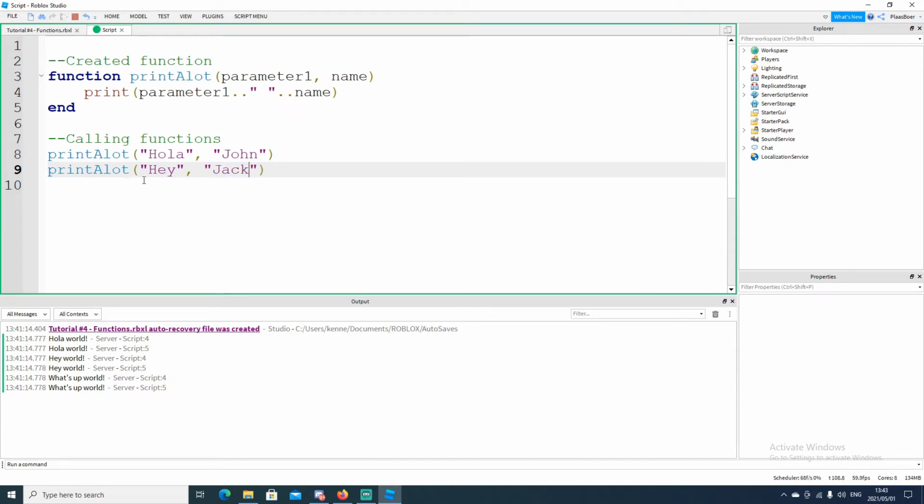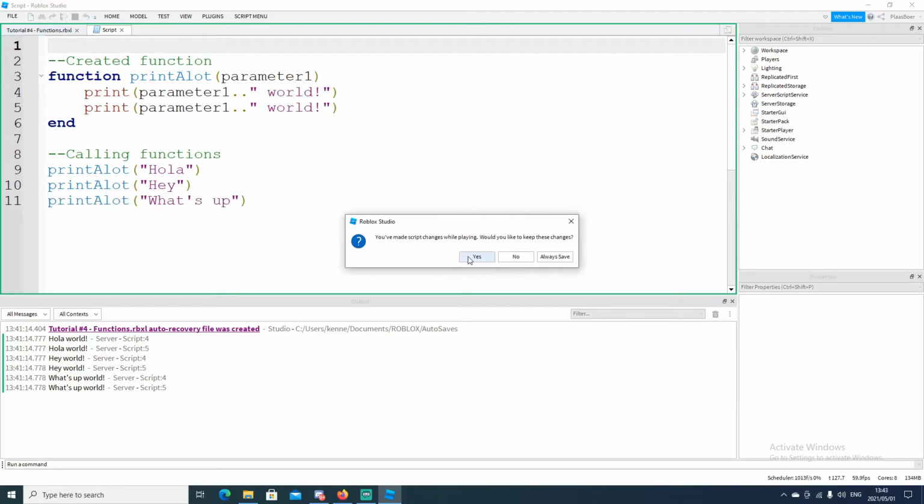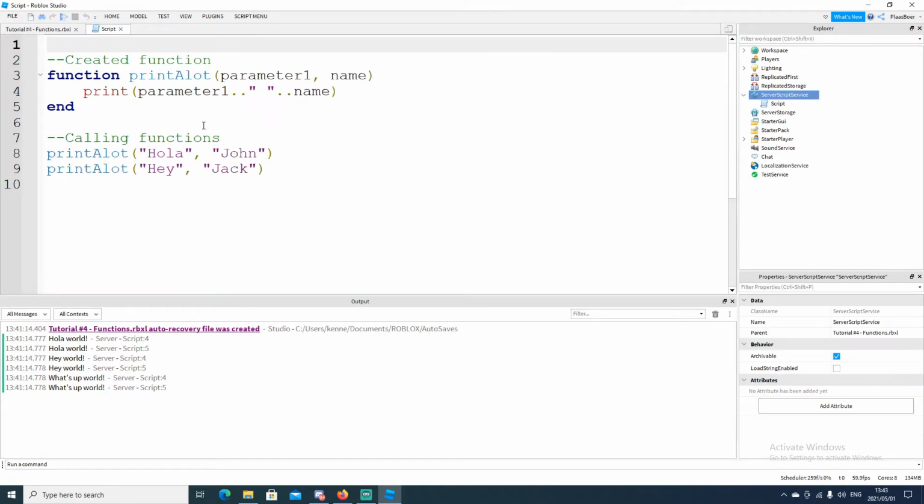So now what will happen is, when it comes here, name will become John, and when it comes to this line and it goes inside the function, name will become Jack. So basically the second one. So when we test this, I didn't stop it. So if you see this, just say yes, so you don't lose your progress. And now when I test this,